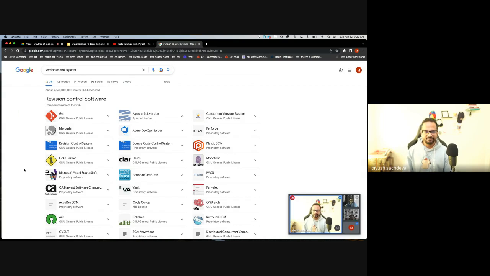But if someone is a beginner and wants to follow a roadmap, I would suggest going with something that is pretty common in the market that a lot of companies are using. Examples of that are GitHub, Bitbucket, GitLab. So either of these three. GitHub is the most common and most popular one, and you could choose from that.